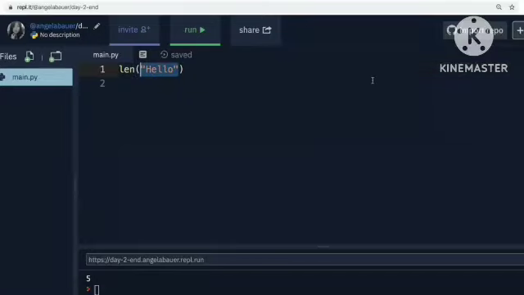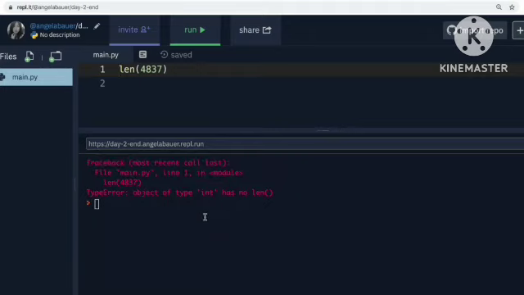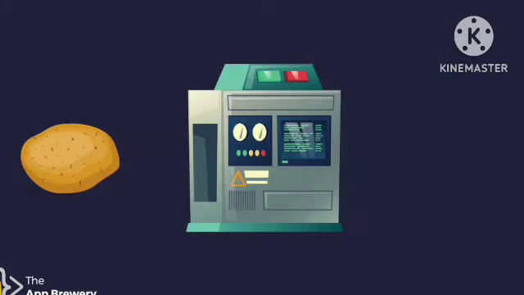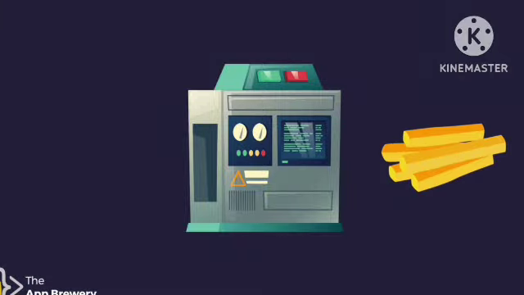Previously, we saw how the len function gives us a type error when we give it a number instead of a string. So let's talk a little bit more about data types and functions. The way I think about functions is kind of like some sort of fancy machine that you might see in a factory, right? In this case, we've got a machine that's going to turn potatoes into chips. We don't really care how it does it, but it's probably going to have to peel the potatoes, wash the potatoes, cut them up, fry them,